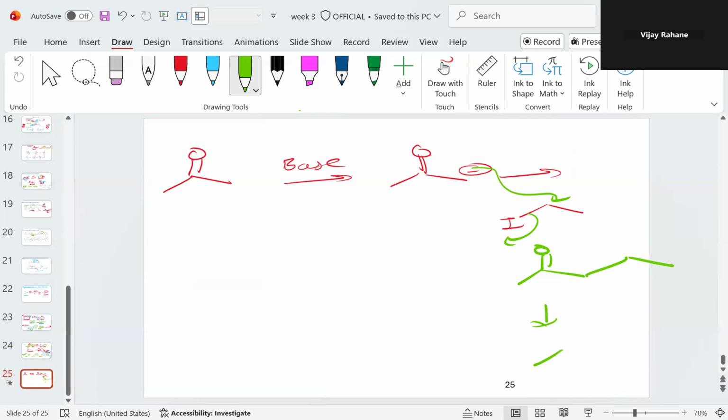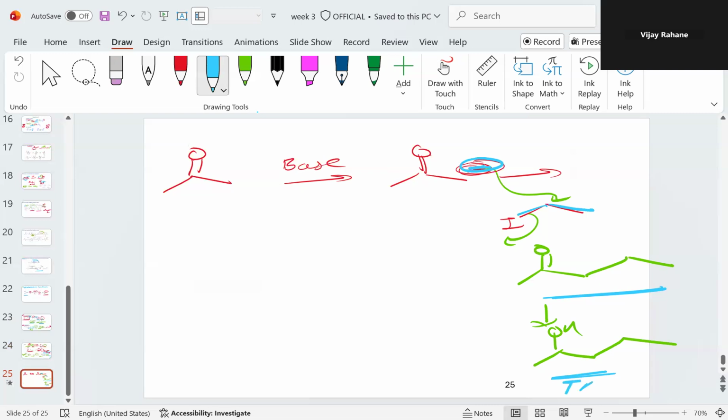And upon reduction we get this product. So visibly it looks very simple, just addition of the base, the base will form the anion, and if you just add the ethyl iodide, it will give the ketone compound, and then upon reduction it will give the alcohol, that is